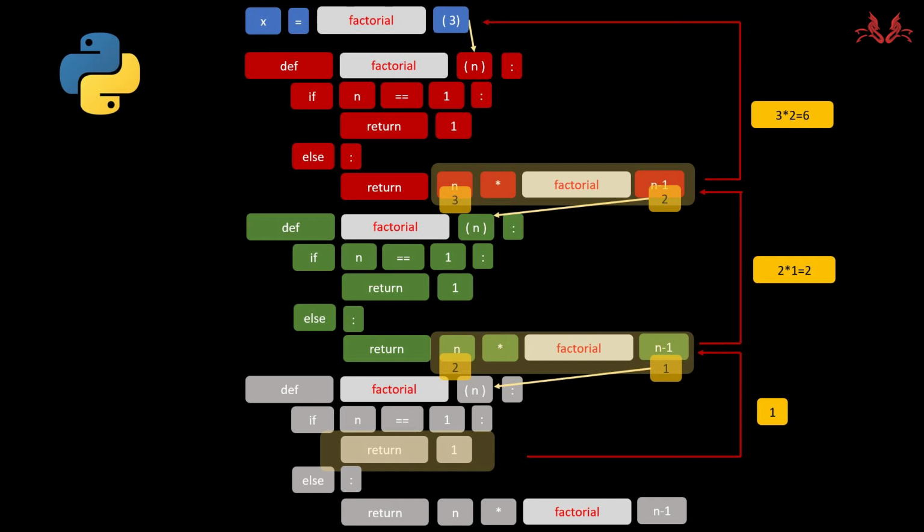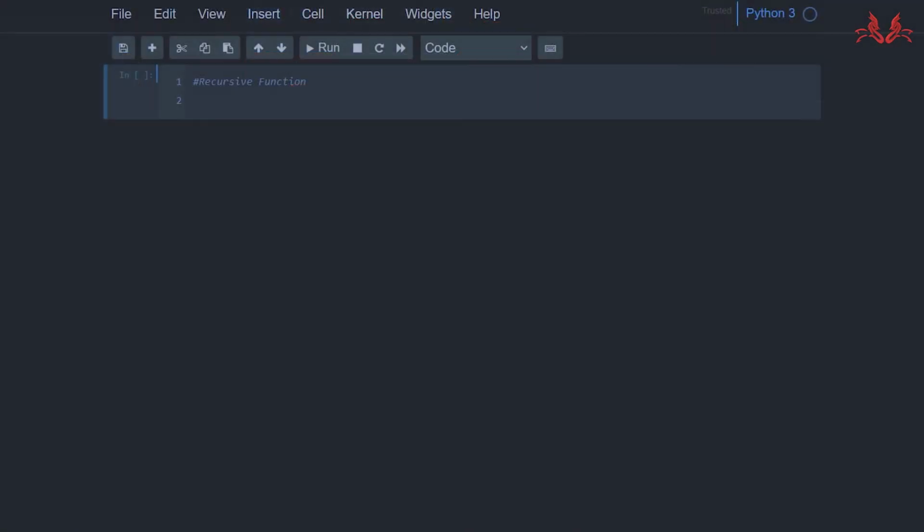It is a little bit complex, right? But never mind. Let's demonstrate it and you will understand it more. Alright, at first we define the function factorial with parameter n. If n equals 1, it returns 1,